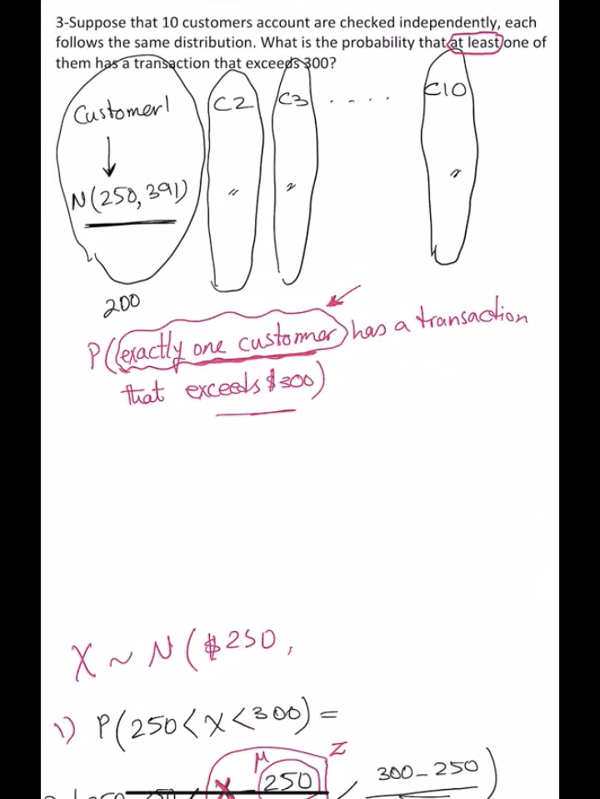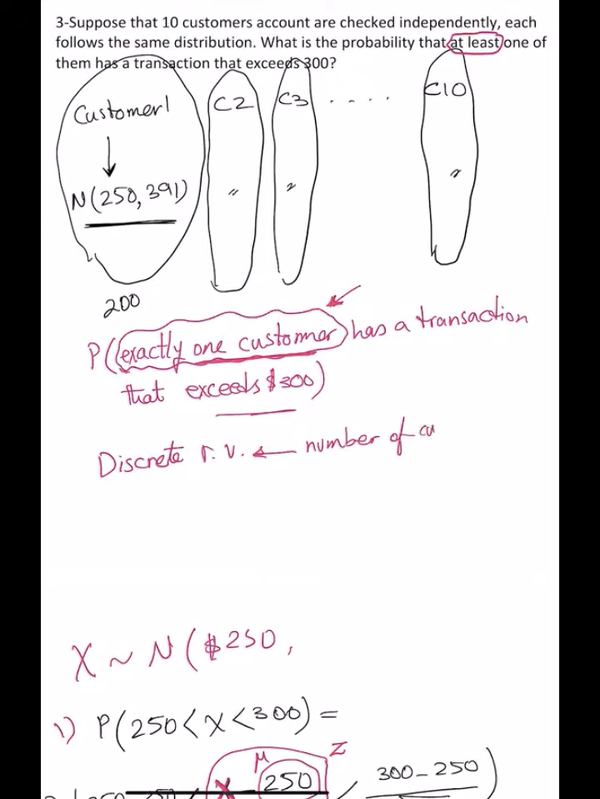We are looking at number of customers. It's discrete because it's countable. Exactly. This variable is discrete. We are right now looking at the discrete random variable. What is this discrete random variable? Number of customers